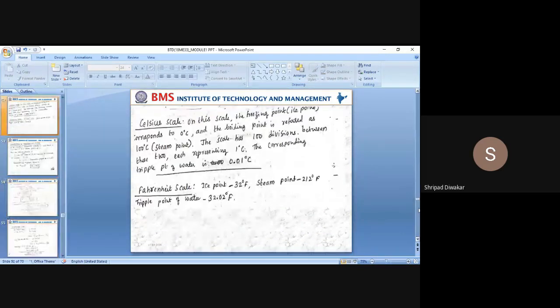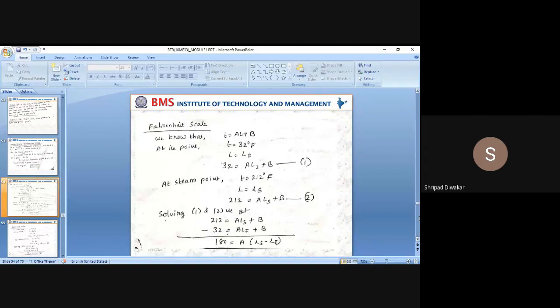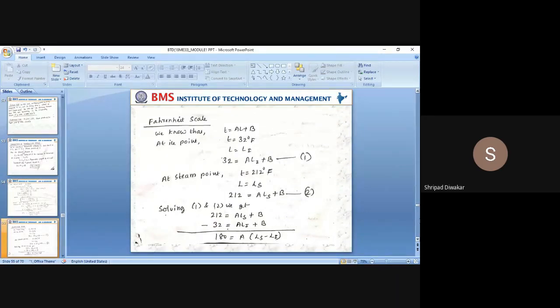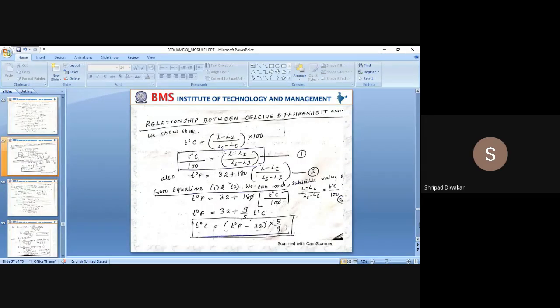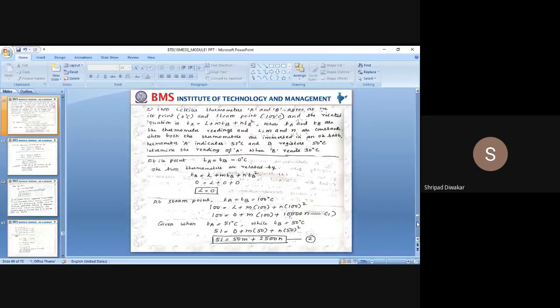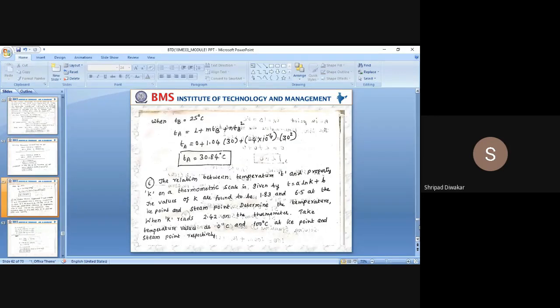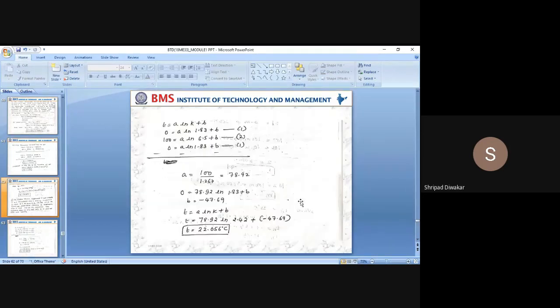We have to understand the concept. Mainly you should remember what the different temperature scales are and how the temperature is going to be measured. I have solved so many problems. I'll take one electromotive force problem. We already studied thermometers; now, how are we going to measure that electromotive force?